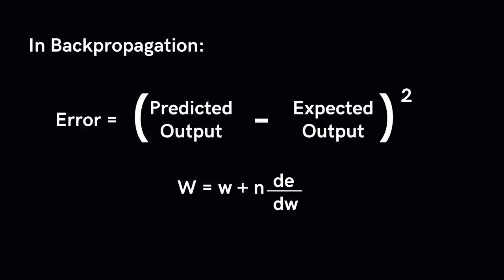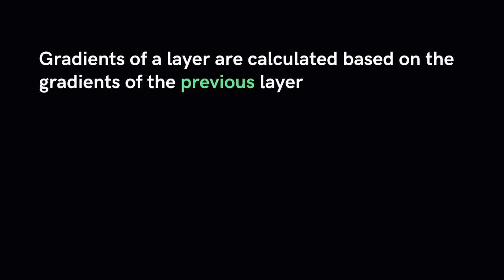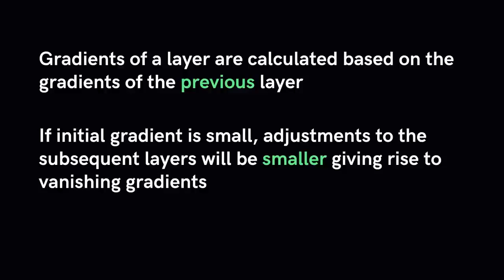Here's where the problem lies. When performing backpropagation, each node in a layer calculates its gradient with respect to the effects of the gradient in the layer before it. So if the adjustment to the layers before it is small, then the adjustments to the current layer will be even smaller. And this causes gradients to exponentially shrink as it backpropagates down. The earlier layers fail to do any learning as the internal weights are barely being adjusted due to extremely small gradients. And that is the vanishing gradient problem.